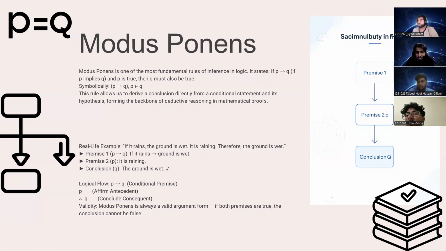This rule is very useful because it allows us to reach logical conclusions directly from known facts. In mathematics and computer science, modus ponens is used frequently in proofs, algorithms, and logical reasoning systems. The important thing to remember is that if both premises are true, then the conclusion must also be true. Moving on, we have slide number 6,